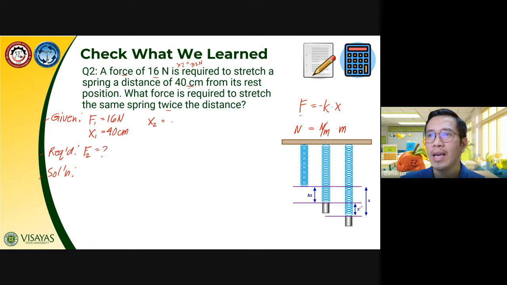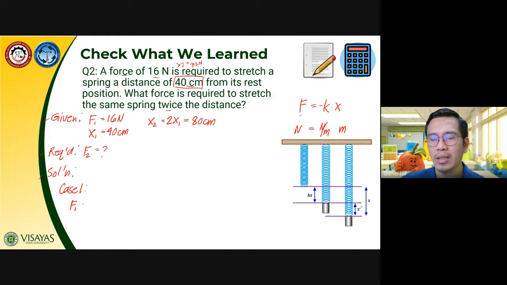So X sub 2 is twice of X sub 1, which we can already solve as twice times 40 centimeter equal to 80 centimeter. However, later on, we can analyze from the solution that even though this 40 centimeter is not given, our solution later on can also be applied to all other similar problems wherein your distance of displacement x is not given. Okay, so continuing, for case A, we may start by saying that for case 1,